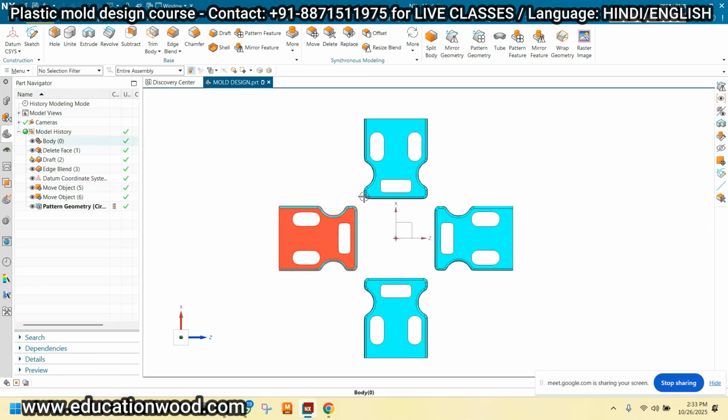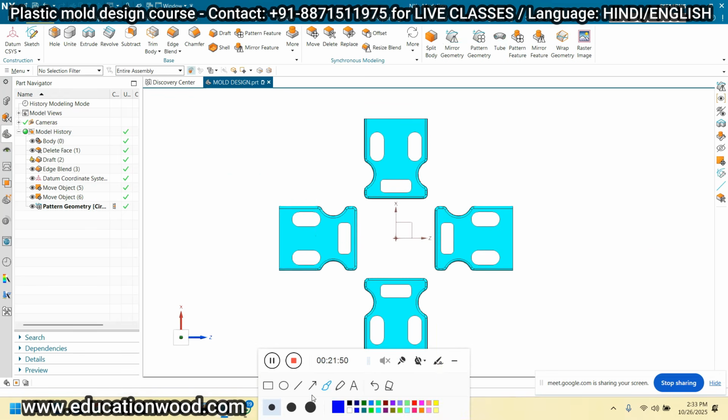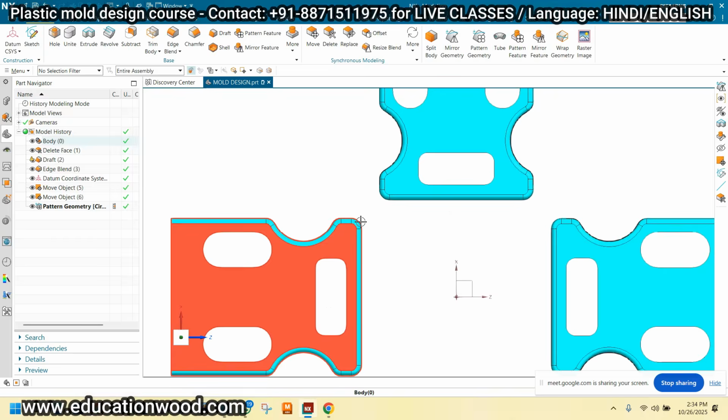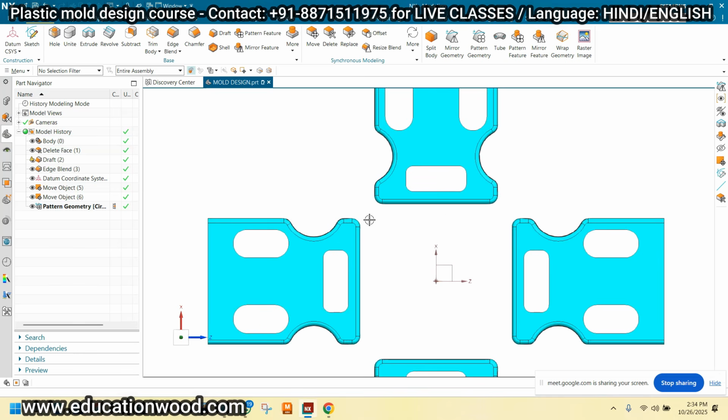If I'm making the four cavity layout, see what is the distance between these two faces. It should be 15 to 20 mm minimum, right? Now check this distance. This is the feasibility.